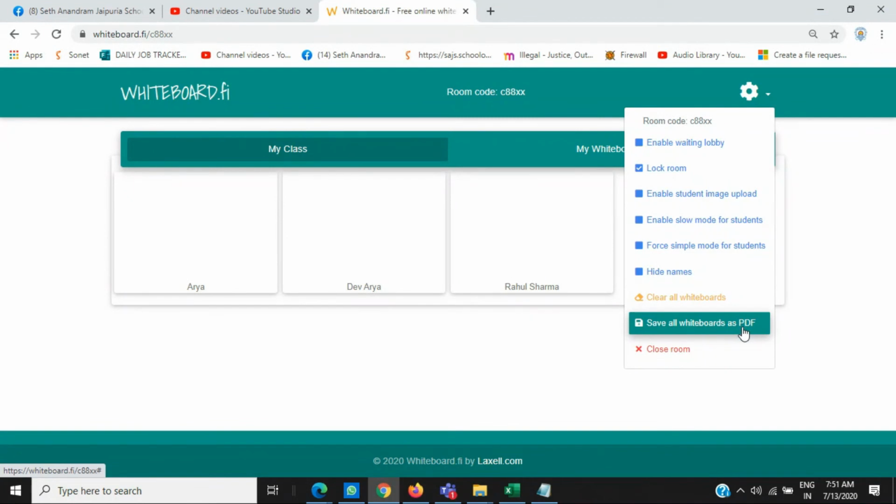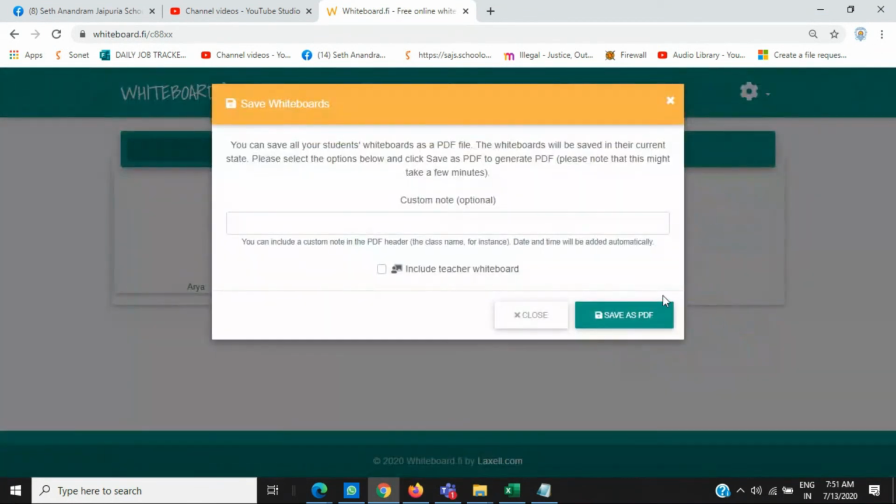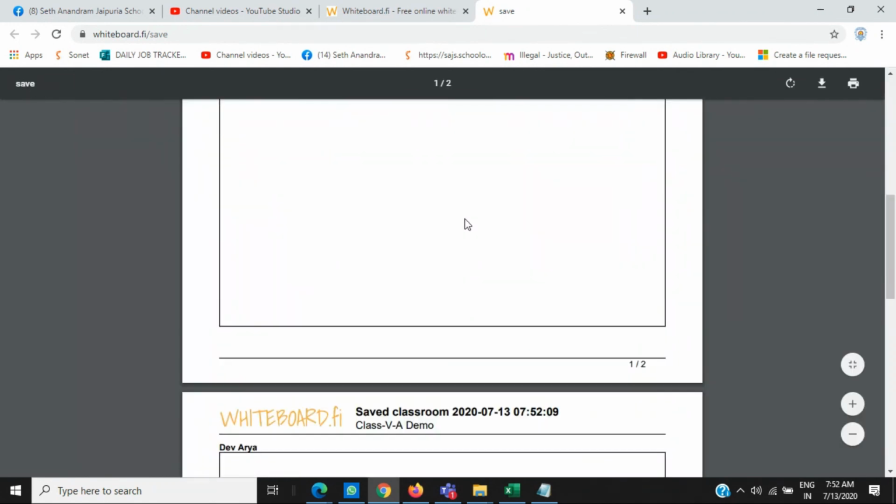You can also save all whiteboards as a PDF, including the teacher whiteboard, and we give it a name. This is demo, save as PDF. The PDF is saved like this.